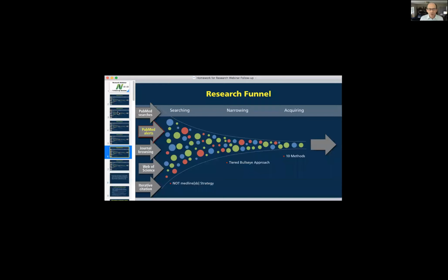I kind of rushed through the whole PubMed alerts thing. So in the homework file, I also included notes on the journal browsing and the Web of Science monster database, noting also that